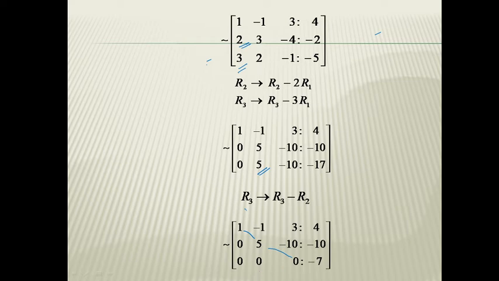Now the rank of C is the number of non-zero rows: 1, then 2 and 3. Therefore rank of C equals 3. Now here we find out the rank of A. Rank of A: first row, then second row. Here the third row is completely 0. Therefore rank of A equals 2.